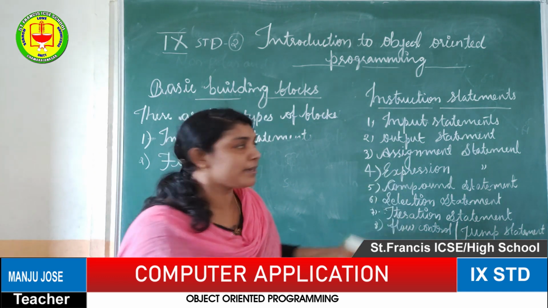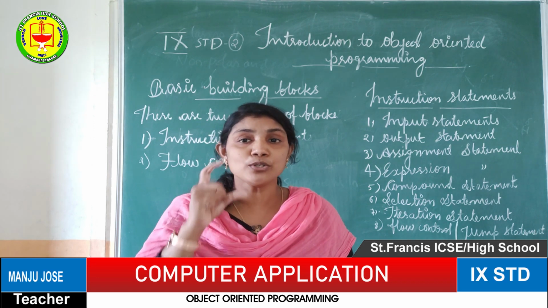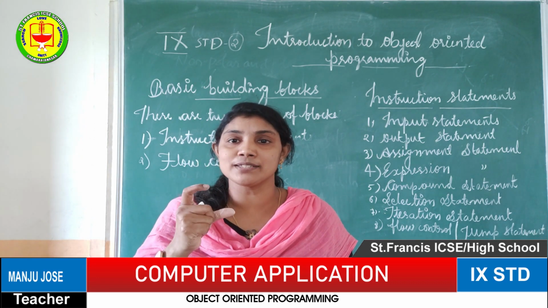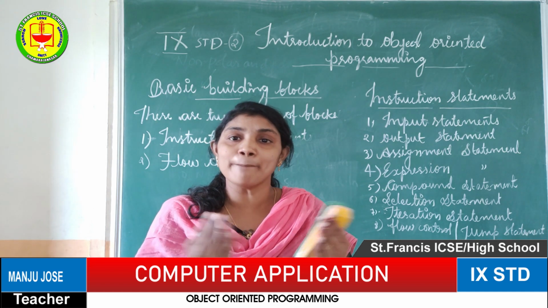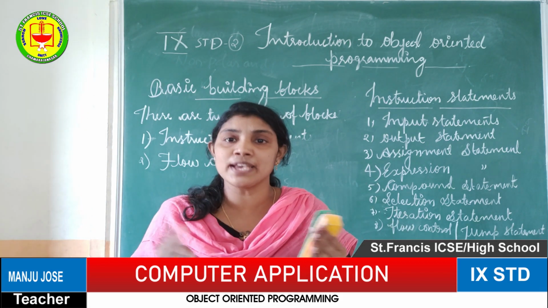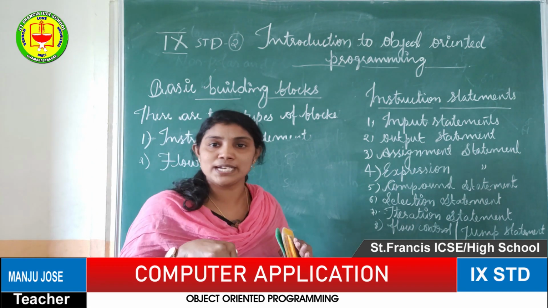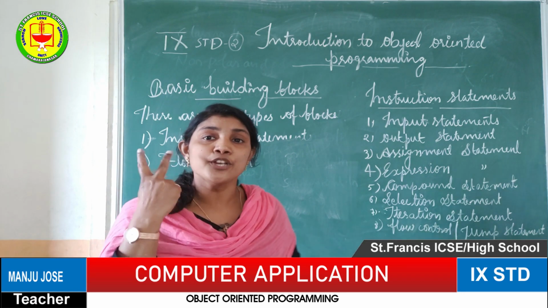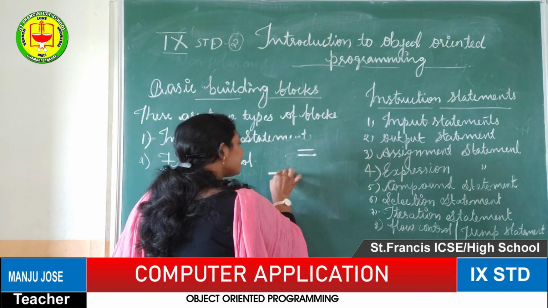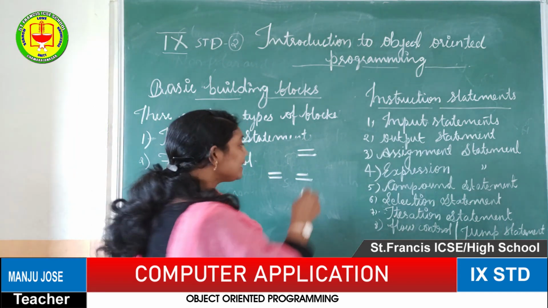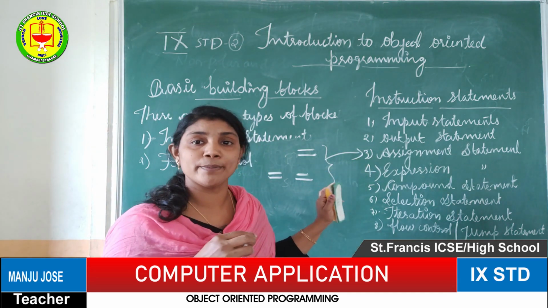Then how will it be? Example. We already know that in mathematics, when we are solving a mathematical problem, the equal to symbol has more importance, isn't it? So what is the meaning of equal to? Equal to means we are comparing the values, LHS and RHS. Then what is the meaning of equal to in computer science, we can see. In computer science, there are two types of equal to operators. The first one is the single equal to, the second one is the double equal to, isn't it? These two we are considering as assignment operators. Why they are considered assignment operators, I will explain.